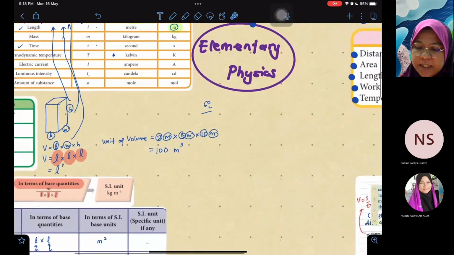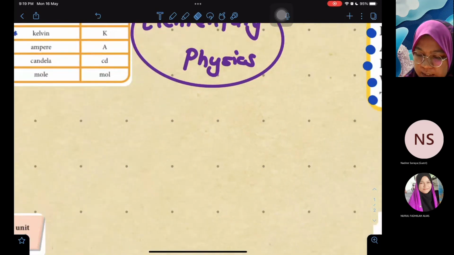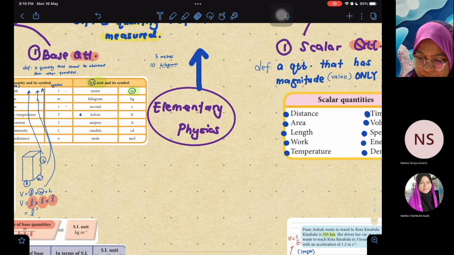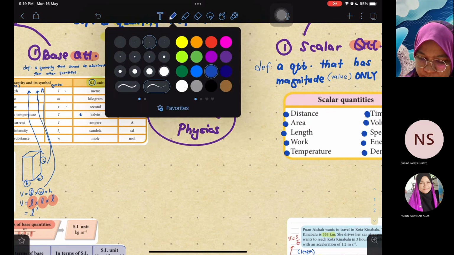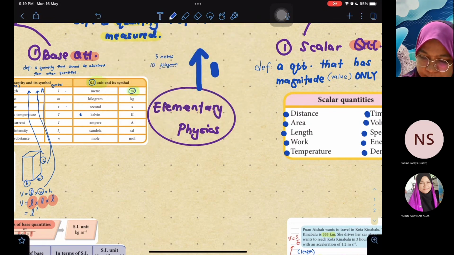Okay, apa lagi yang penting dalam topik chapter 1 ni? Ialah satu lagi kita nak tengok. Pen saya tak konsisten. Mana satu tak ingat dah. Boleh. Jadi